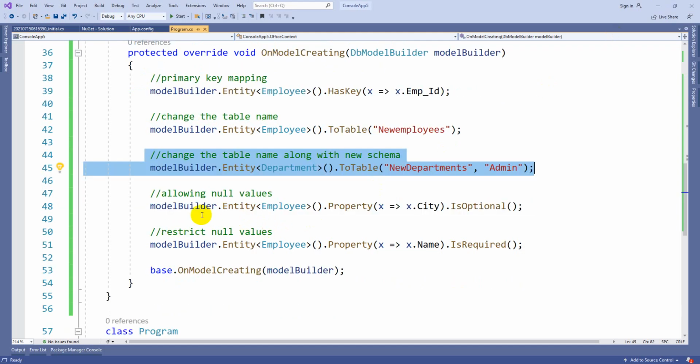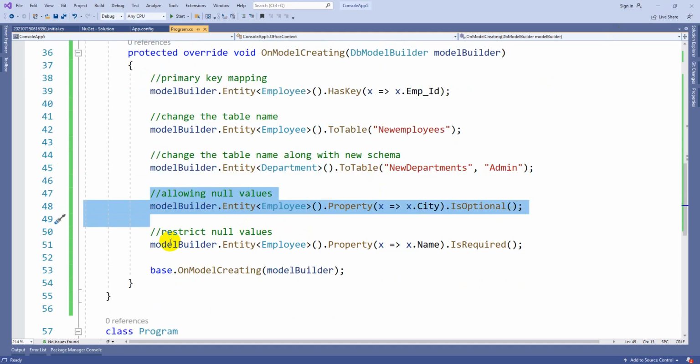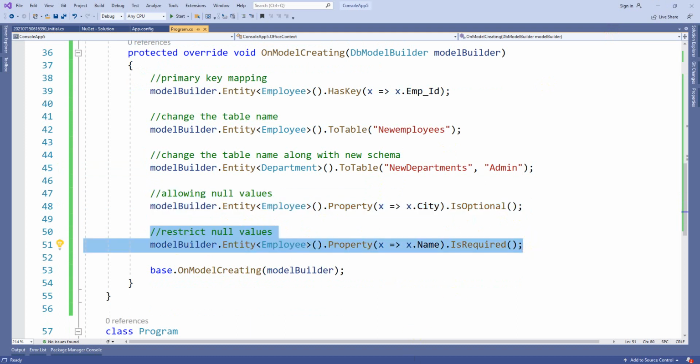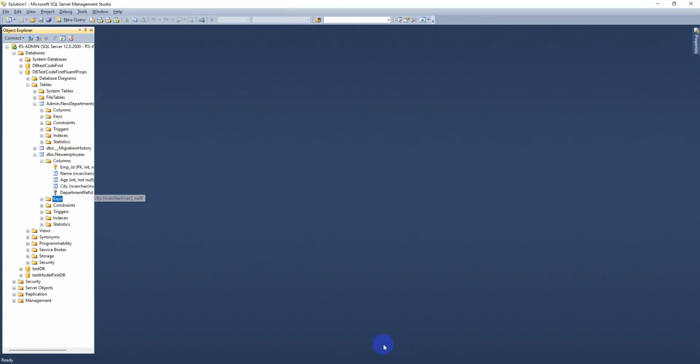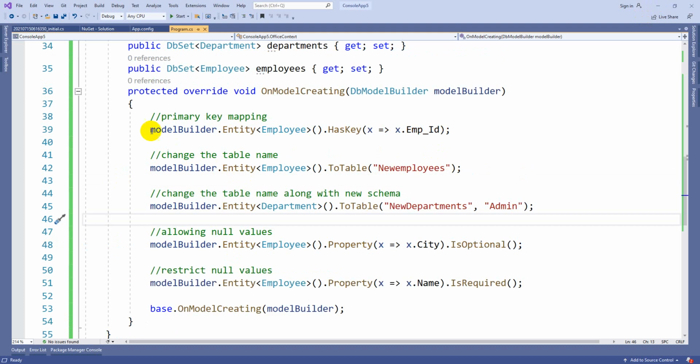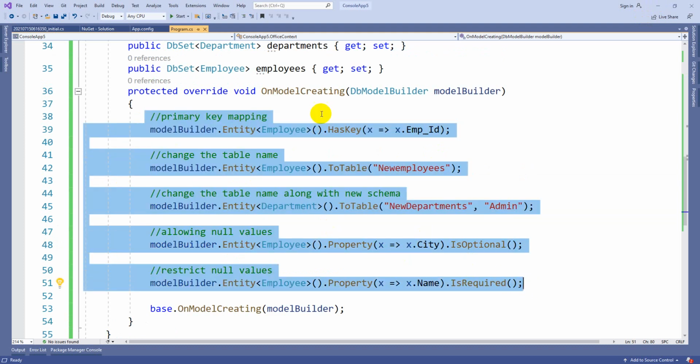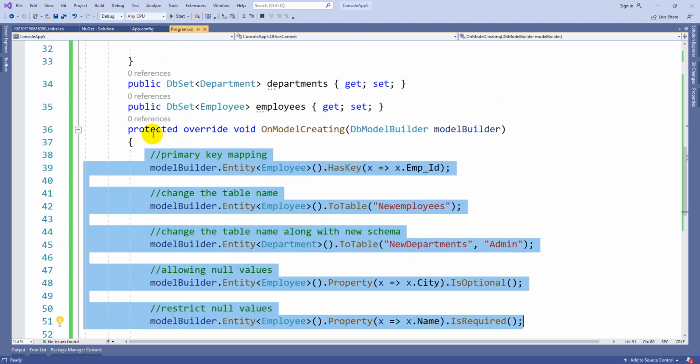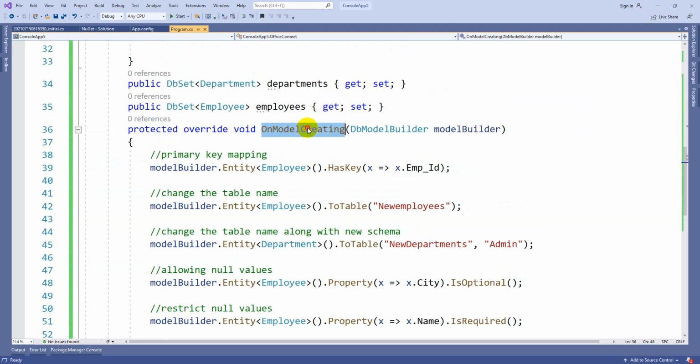After this you can see how to allow null values and how to restrict null values. That means the not null constraint was applied on this particular column called name. You can see it here. This is not going to take null values. That is the reason in brackets you can see not null. Like this, Fluent API will work for applying several attributes while creating the database model. That is the reason you have to use the protected override method OnModelCreating. Okay. So by using the Fluent API you can apply all these properties.